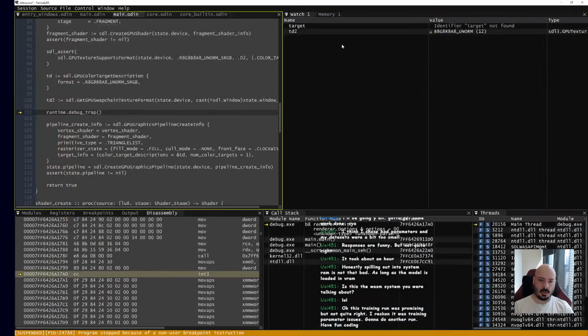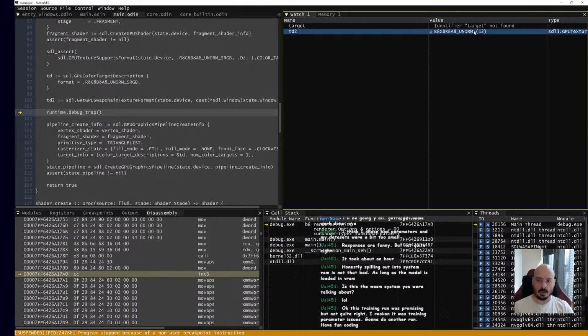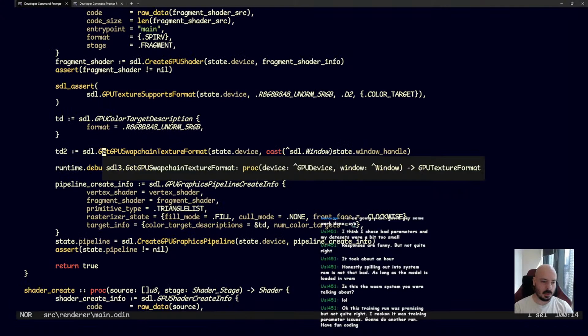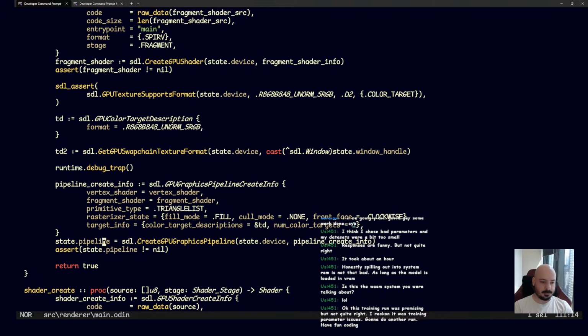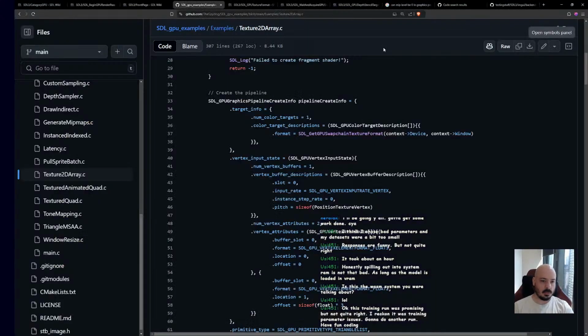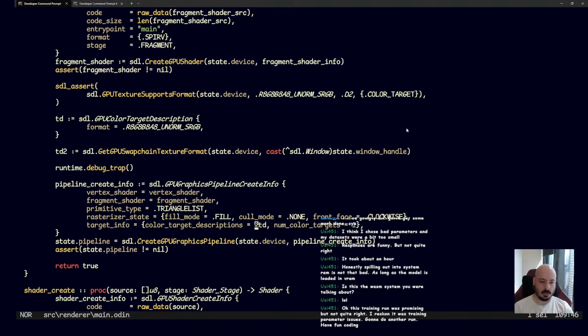So it was just a GPU texture type or format, not a struct. So I could have just looked at this. So instead of this, I guess it would be, what did he do? Yeah, okay. So something like this. SDL dot GPU color target description